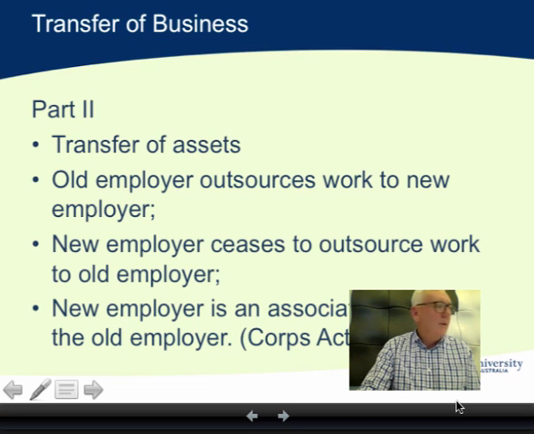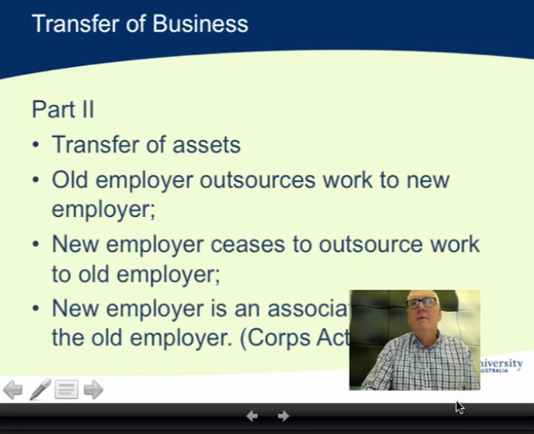Transfer of assets, I would read for that, it's pretty much simply a sale of the business. The business has simply been sold from A to B, something like that. Or the old employer outsources the work that you're doing to the new employer. So you've been working for Boss A, and Boss A suddenly says, well, I've employed Boss B to do that work, and I'm trying to think of an example. Perhaps something like you're